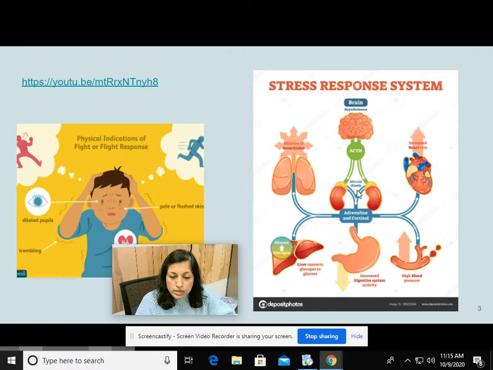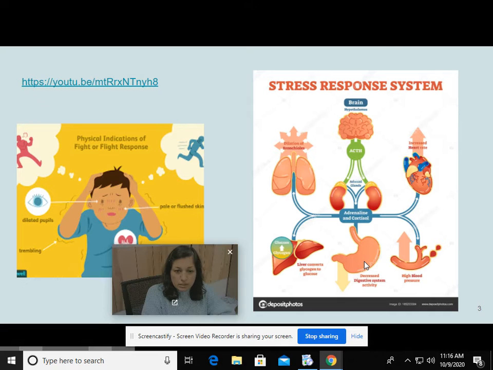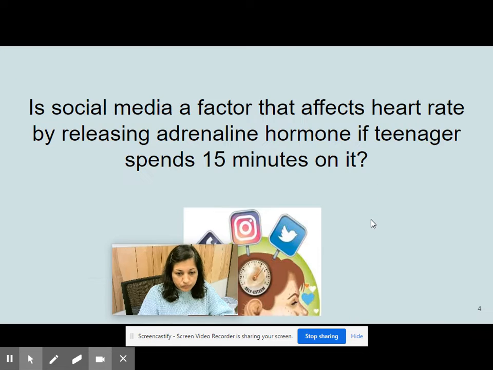Now the brain is going to send information to the adrenal glands. These are glands, so that is part of your endocrine system. This adrenal gland releases a hormone called adrenaline. This hormone affects the various organs in our body in different ways. It makes our heart beat much faster, the blood pressure is going to increase, and the lungs are going to have a much faster rate of breathing. The stomach is going to be shut down because at this point you're not really going to be thinking about food. So we're going to do an experiment.